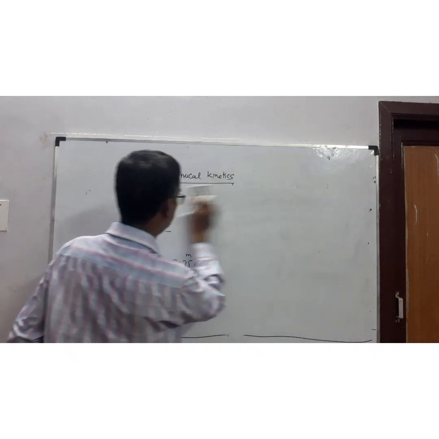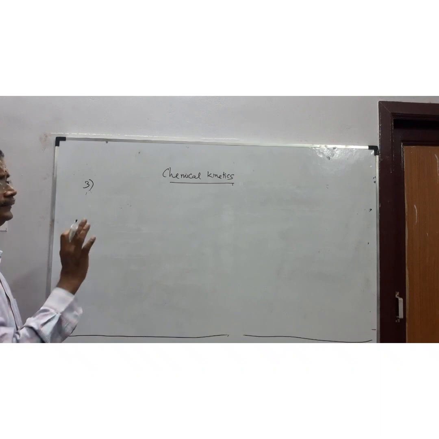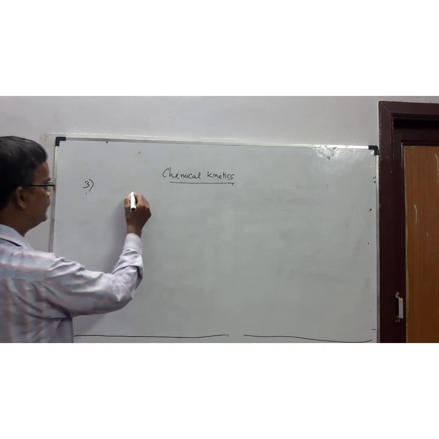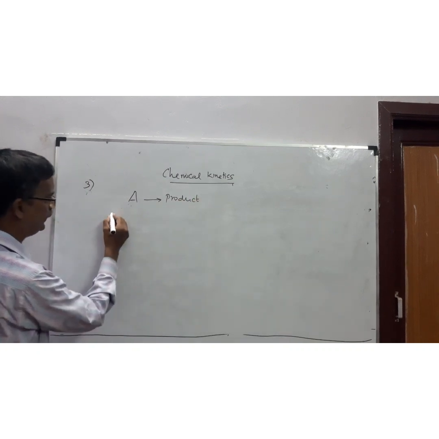Third question: derive the integrated rate law for a zero order reaction. A zero order reaction is one in which the rate of the reaction is independent of the concentration of the reactant over a wide range of concentration. So consider the reaction A gives product. Here the rate law is